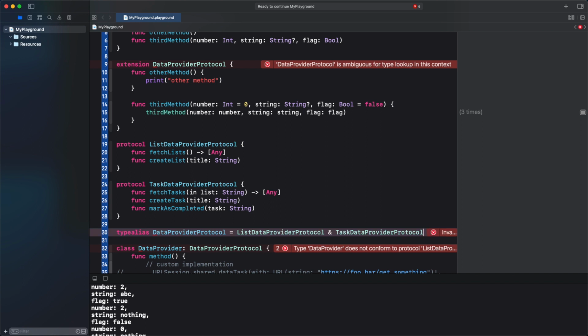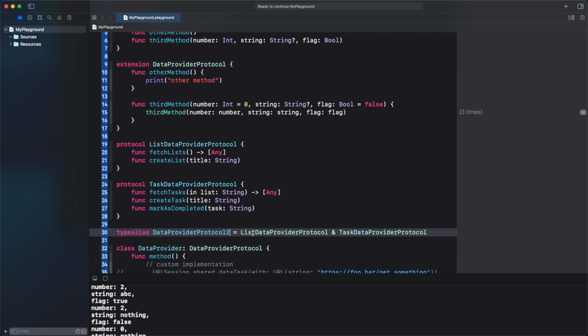Just remember that protocols are such a useful tool, and in many cases they work better than inheritance or something else, and you should go with protocols because, for instance, you cannot subclass structures or enums, while you can actually do this with protocols. So to make your code better, try to use protocols and try to separate your logic and hide it behind protocols. In this case, your code will be more readable, more